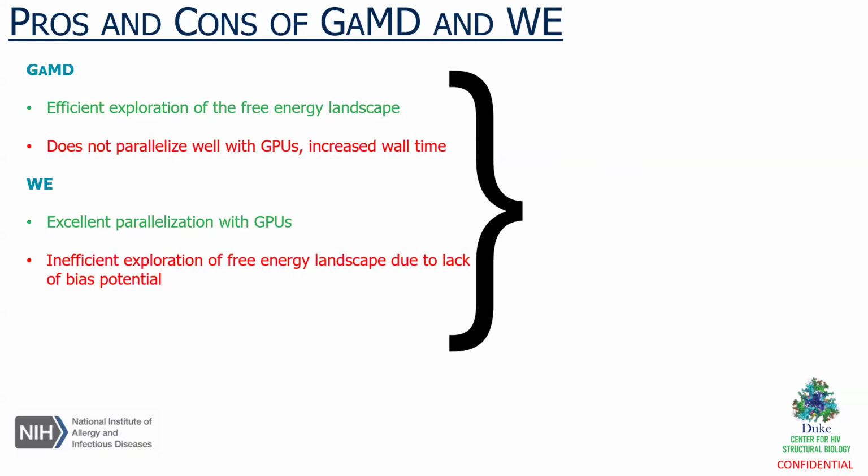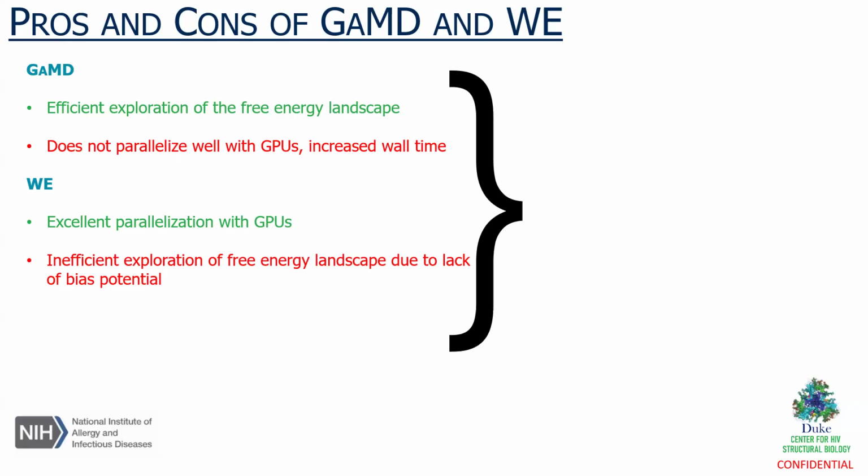But the problem with GAMD is that it is directly integrated into the Amber system, and Amber does not scale well with GPUs. For much larger systems such as alpha-synuclein that Celeste is working on, or the systems that Path is working on, running GAMD on one single GPU generally takes 7 days, 8 days, right? It takes a lot of time,